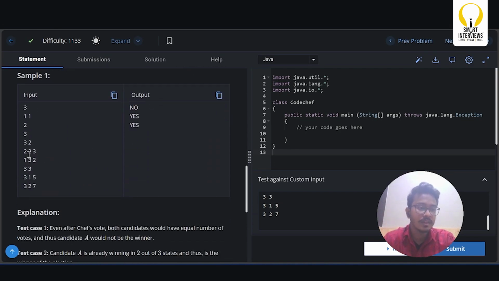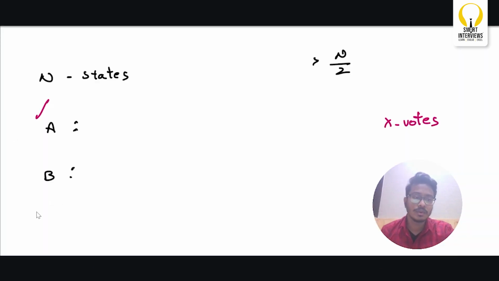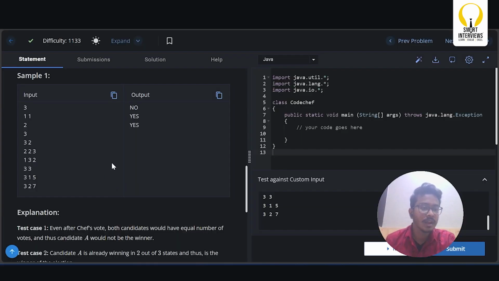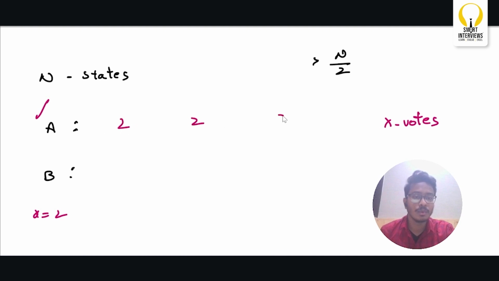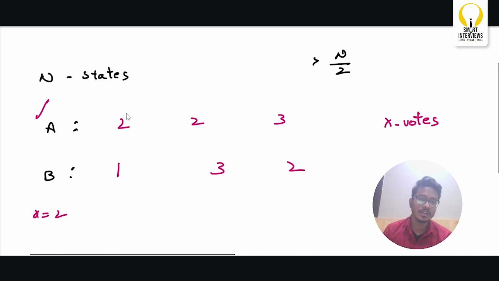So let's take the second example where there are three states and X is 2. So X is equal to 2. Three states where A has received the votes 2, 2, 3. B has received the number of votes 1, 3, and 2. So if you see in this zeroth state, A has received more votes than B. So A is winning here. But A is